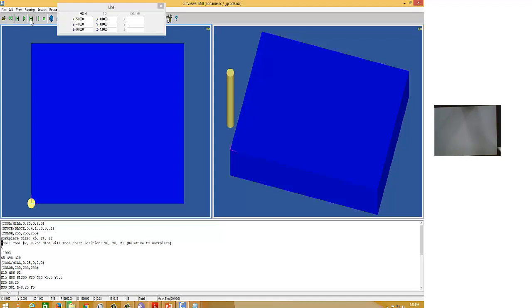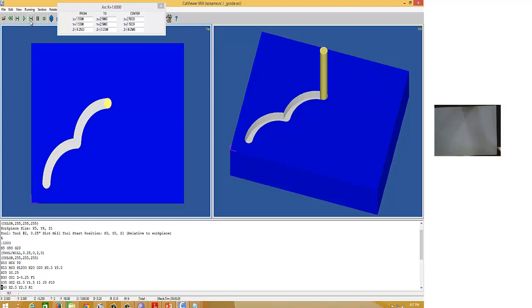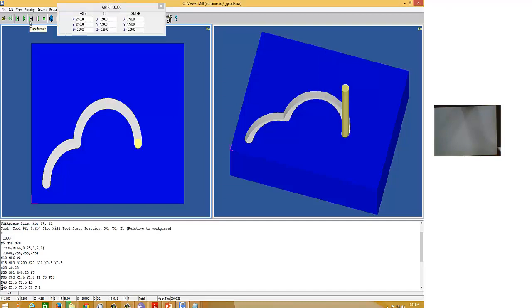it positions the tool, T2, at X0 Y0 Z1, and then it moves down to reposition the tool now ready to cut. Then it does another feed down to Z0.25, and then it starts doing a feed in the negative direction 0.25, and then the first G02 command will now move X 1.5 Y 1.5, then another move of X 2.5